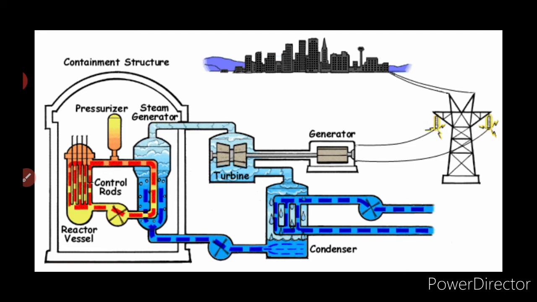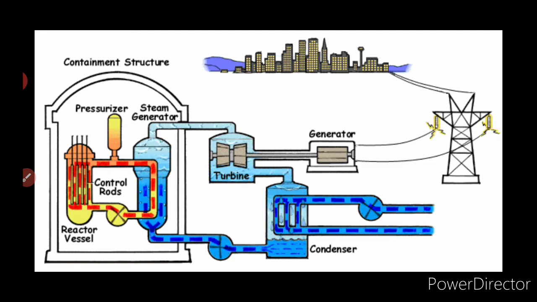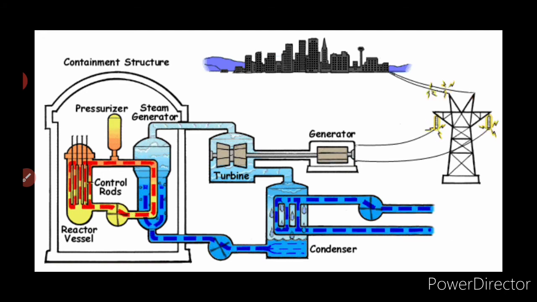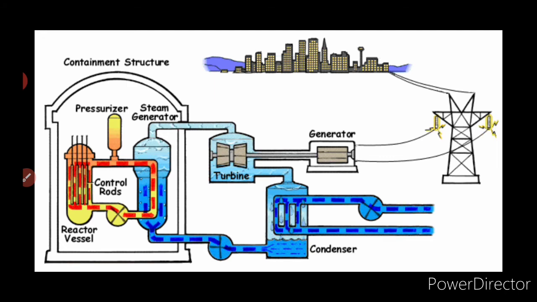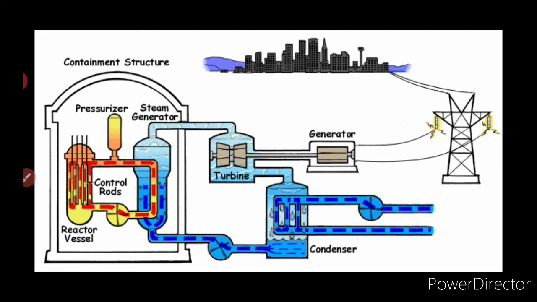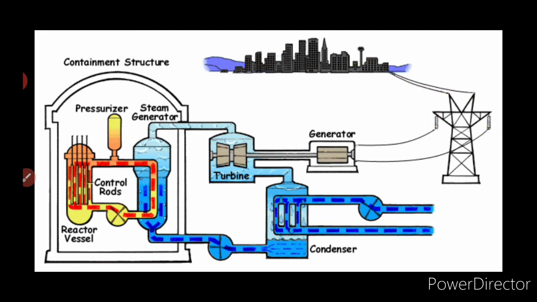And the first nuclear reactor was built in 1942 in Chicago, USA. And there are many types of nuclear reactor. For example, breeder reactor, fast breeder reactor, pressurized water reactor, pressurized heavy water reactor, boiling water reactor, cool water reactor, gas cooled reactor, fusion reactor, thermal reactor. So these are the types of reactors used in different places in the world, right?